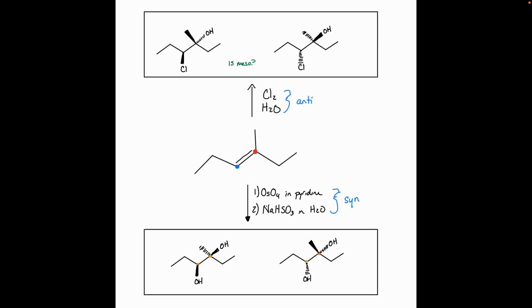That lets us know we're going to have to draw our specific stereo products here. Both of these molecules have 4 total stereoisomers. In our reaction, we only produce 2. We only produce a subset, so we got to draw those 2 using those dashes and wedge bonds. Cool. All right, that does it for